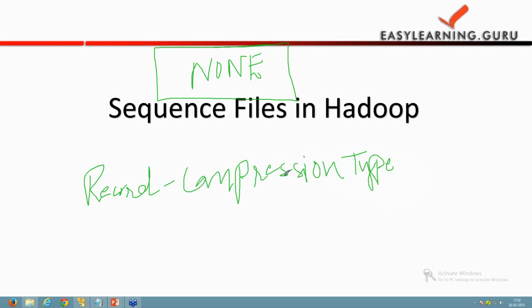If we are dealing with small files, you can easily use a sequence file as an input format or output format for Hadoop. Hadoop provides some APIs for the sequence file. You can implement the sequence file in a MapReduce model. You can convert data from text format into a sequence file, or take sequence files containing key and value data as input to the mapper, and then retrieve the data from a sequence file in binary or text format. Okay, this is all about the sequence file in Hadoop.